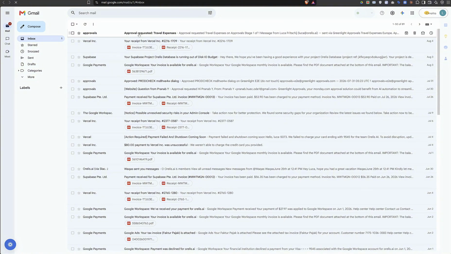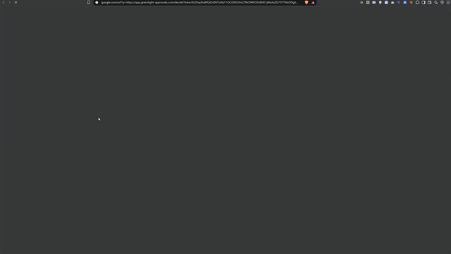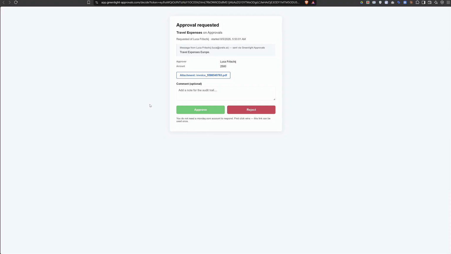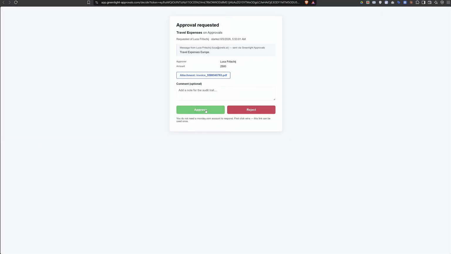Here the approval has landed, travel expenses with an attachment. I know what it is, I'm not going to download it here, but here, travel expenses Europe, approval requested, approver, that's me, amount 2,500, attachment, here we can download the attachment, which we're not going to do,